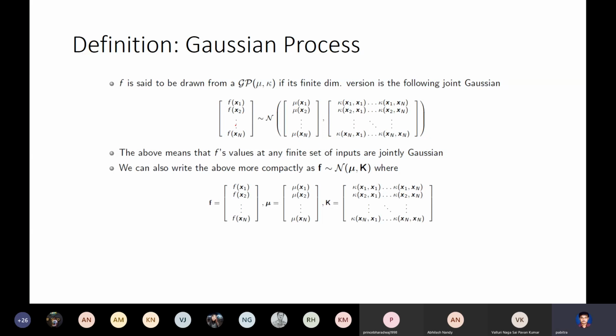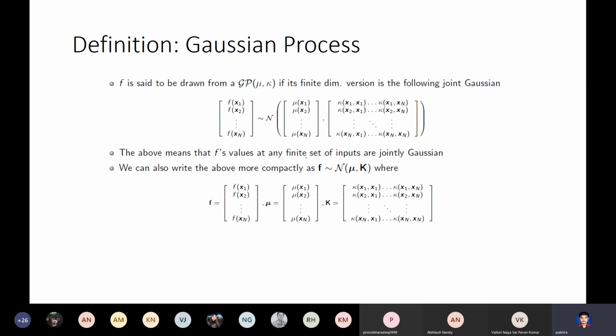You sample n points, take the ith point, take the jth point, and compute the kernel function k(xi, xj). I have not yet specified it; I'll give examples of kernel functions. You take k(xi, xj), fill up this matrix, and from the m(x) function you compute this mean vector. Now you get a big Gaussian with this mean vector and this covariance matrix, for f(x1), f(x2), and so on, which is the y-axis. Try to imagine in your mind the y-axis of the curve, with x1, x2 on the x-axis. The y-axis values would be distributed normal with this mean and this variance.